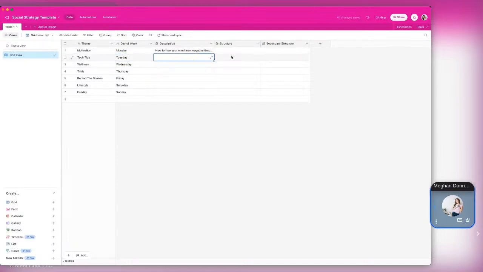Tuesday is using technology to organize your life. I don't know. I'm just making these up, guys. So, wellness is healthy. The descriptions would be healthy recipes and